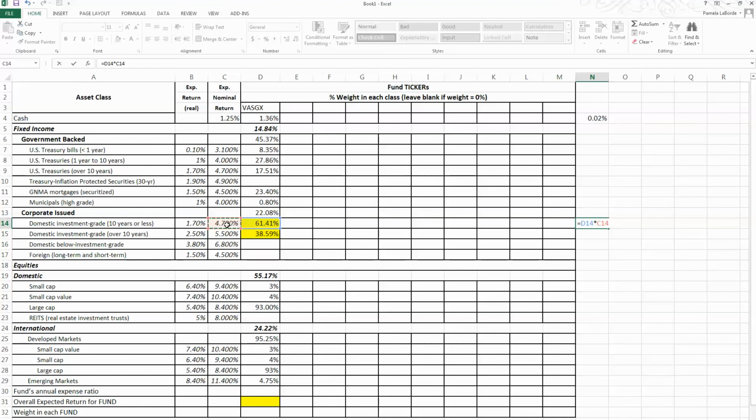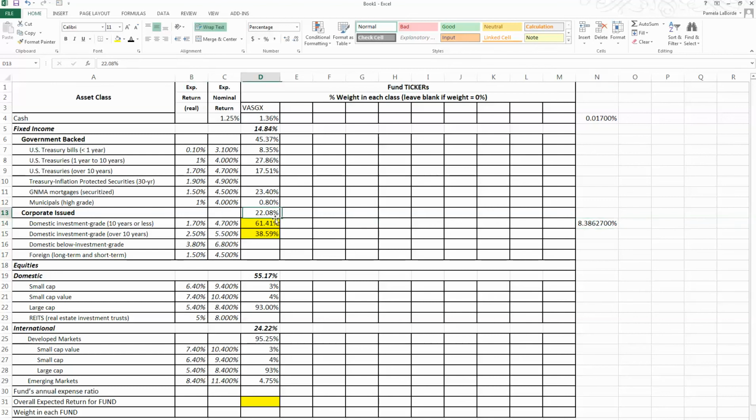So multiply those two together and then add to it the approximately 40% that's expected to generate a 5.5% return. So this is the overall expected return for corporate bonds, but they only make up 22% of my portfolio, so I need to